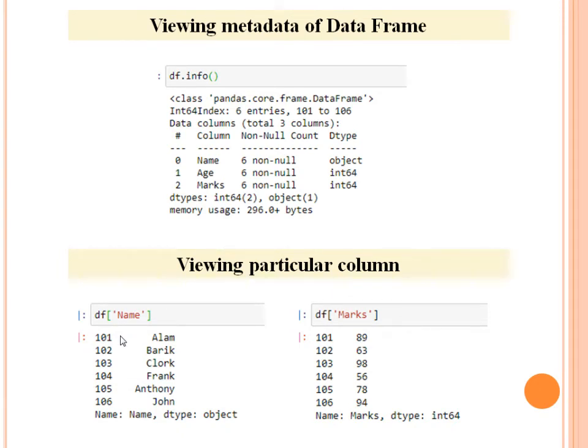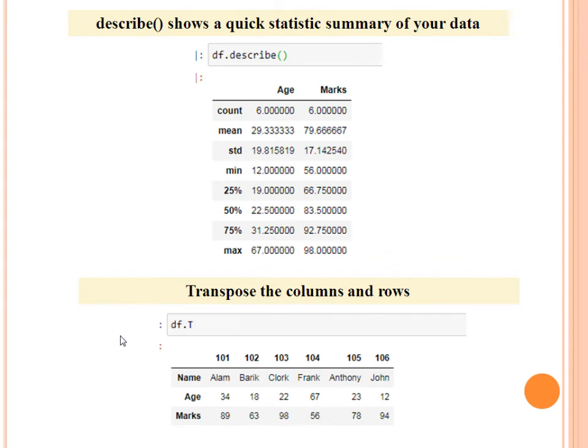Okay, we'll move ahead and see the describe function. So children, the describe function is very important and very helpful in analyzing the data. It shows the quick statistics of my numeric columns. It shows the count, mean, standard deviation, minimum value, 25%, 50%, 75% and max value.